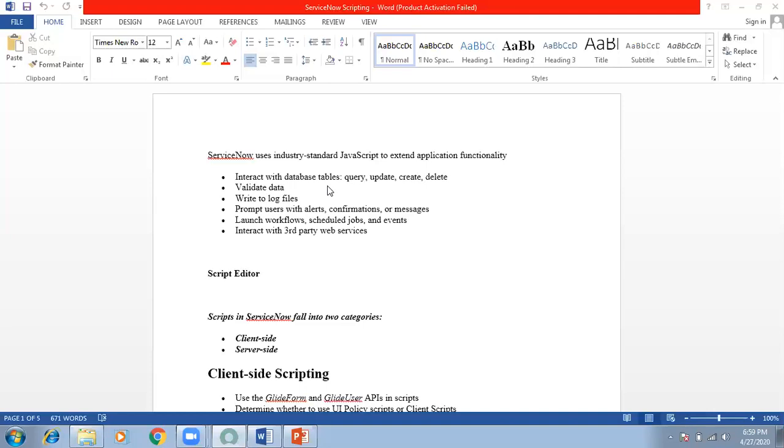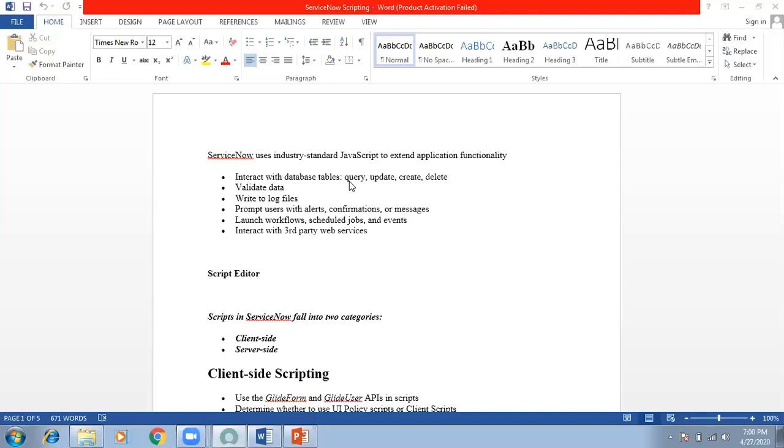And if we go more precise, it's an RDBMS, a relational database. Every table is related to each other. So the whole architecture of ServiceNow is designed based on tables. If you understand the table structure properly, scripting becomes a bit easy for you.